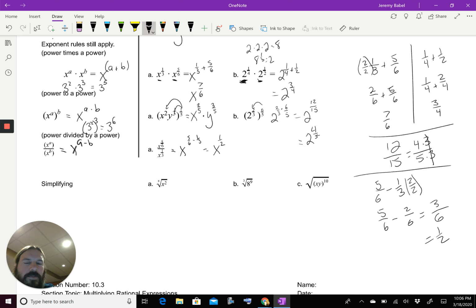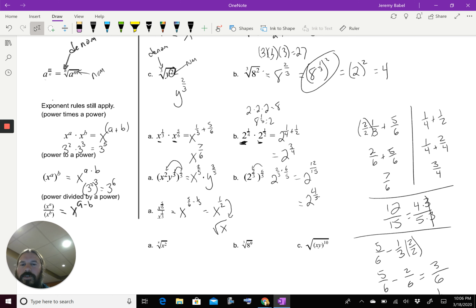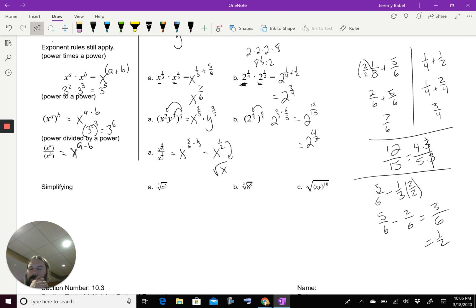And if we were asked, which it didn't say, to write this as a radical expression, this would actually just be the same as the square root of x, because the denominator is 2, the exponent is 1. It's just kind of going back to what we were talking about there. Okay,